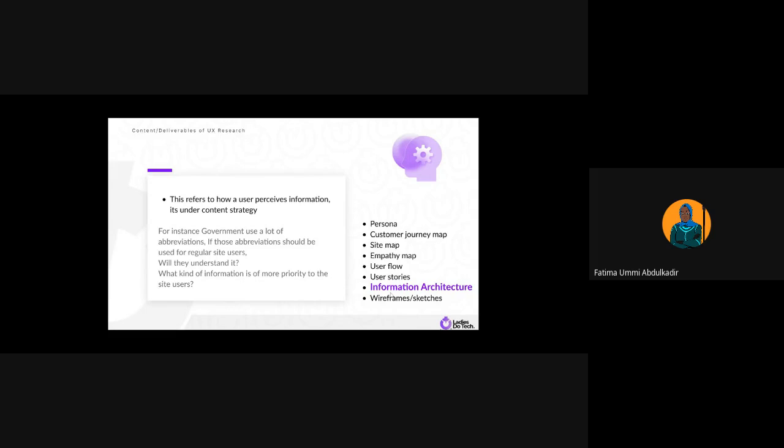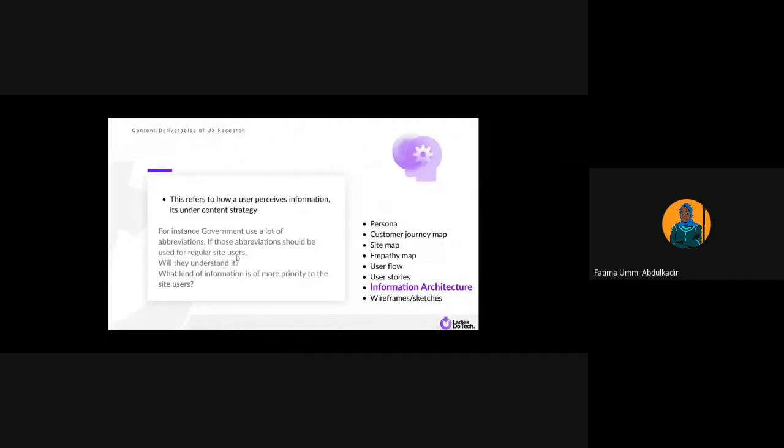That's information architecture. And it is actually a very vital thing for your website, because if users are not able to find what they are looking for, or they don't get what you're communicating on your platform, I don't think whatever design you have, even if it's very beautiful, will do anything. Which is why it's part of the deliverables from UX research.